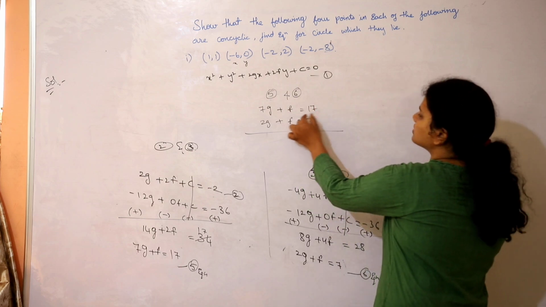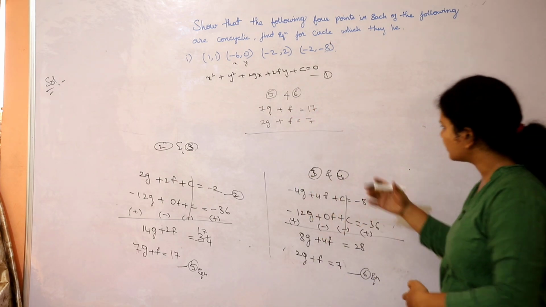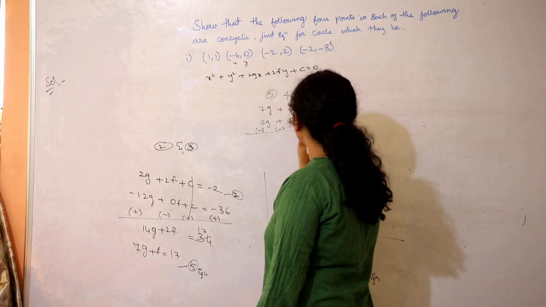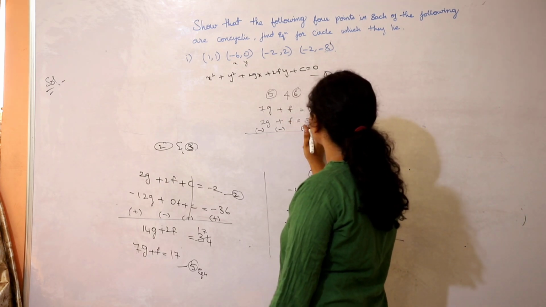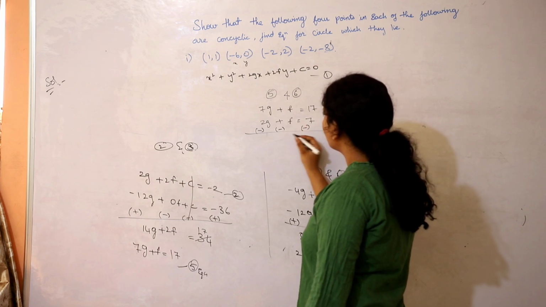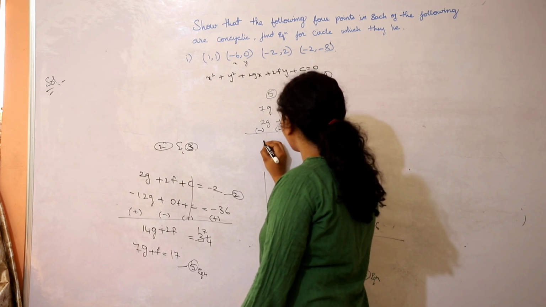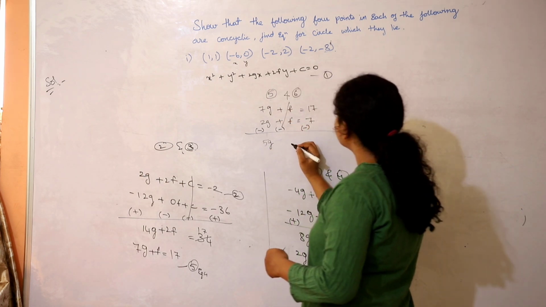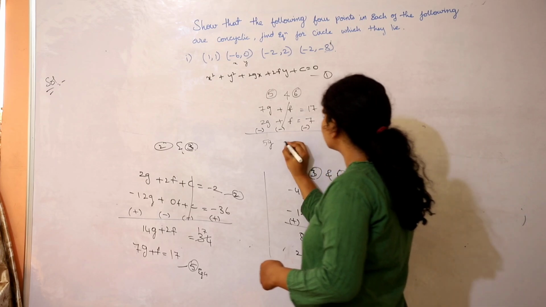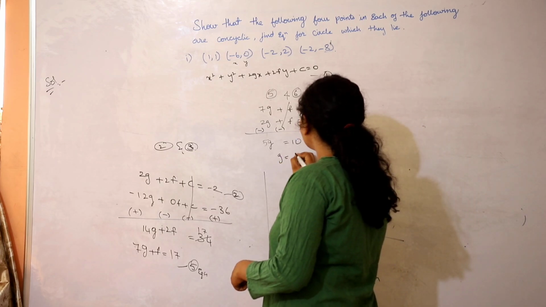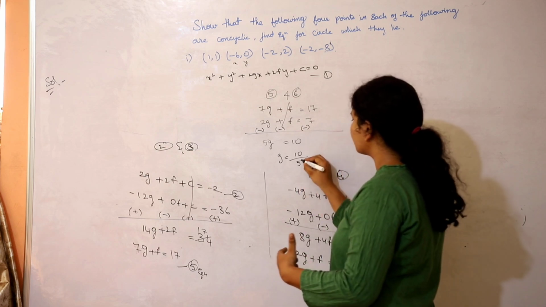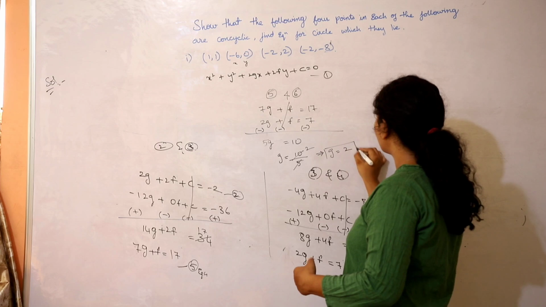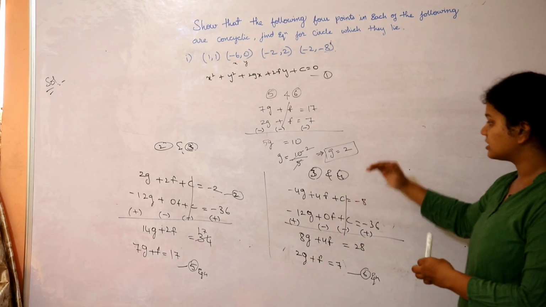Actually I thought to bring this 17 to the other side so I can do easy calculation, but let it be, this is also kind of good. Okay, so here minus, minus, minus. Now what else? 7 minus 2, it's 5g, right? 5g, f gets cancelled. 17 minus 7, how much? It's 10, right? So g equals 10 upon 5. 5 ones are 5, 5 times 2 is 10. G equals 2, right? Clear? We got g value finally.